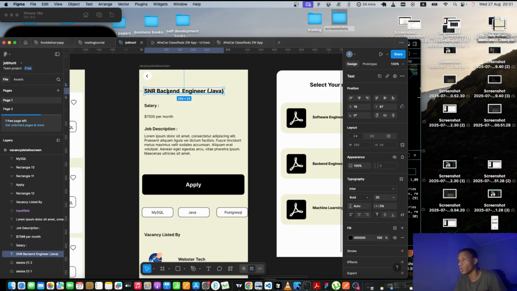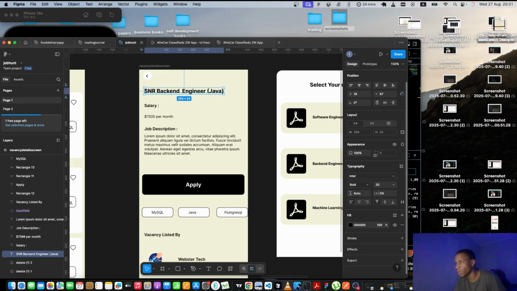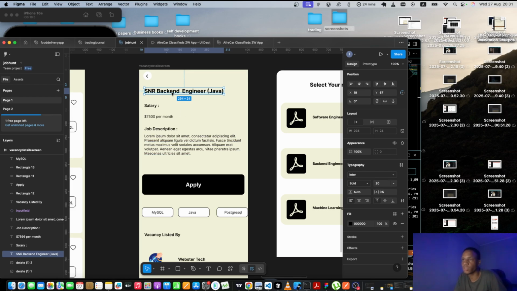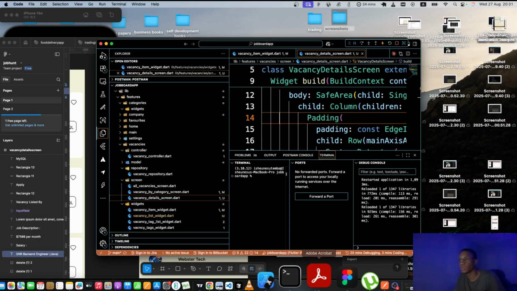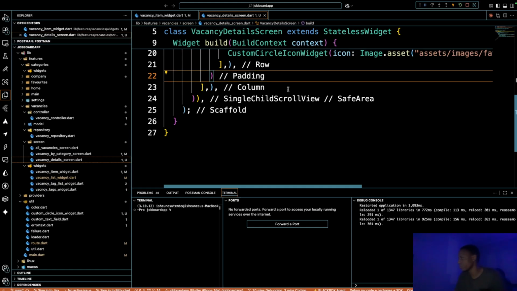We have this text right here, which is going to be of type bold. This text is going to be the job title, bold, with a font size of 20, right? So now let's go back, and after this padding,